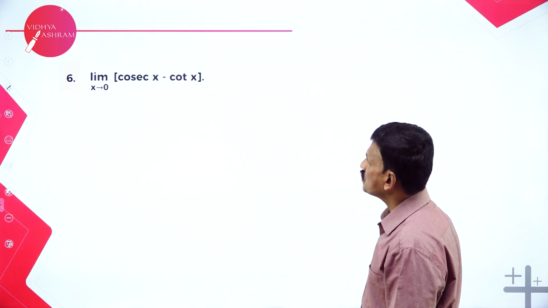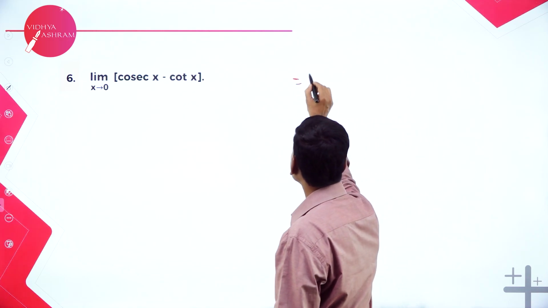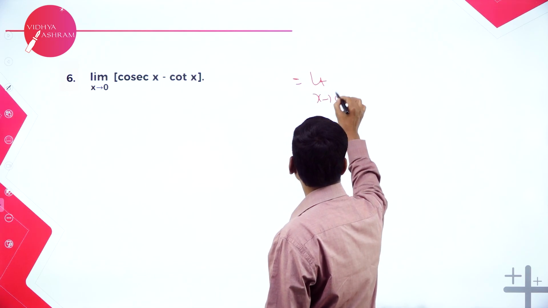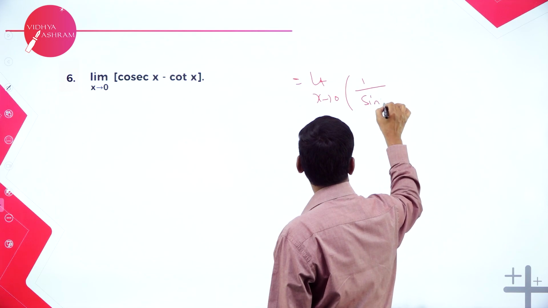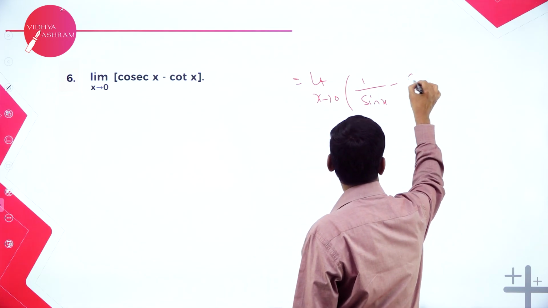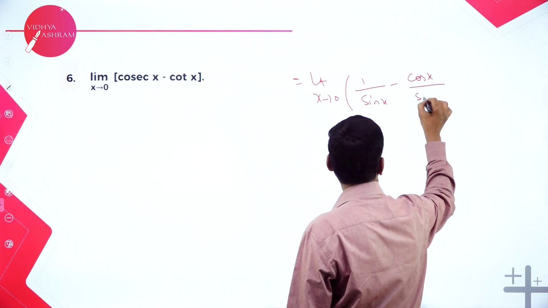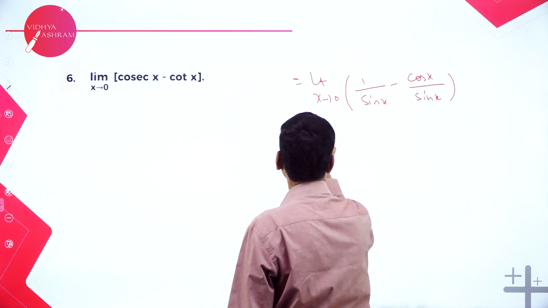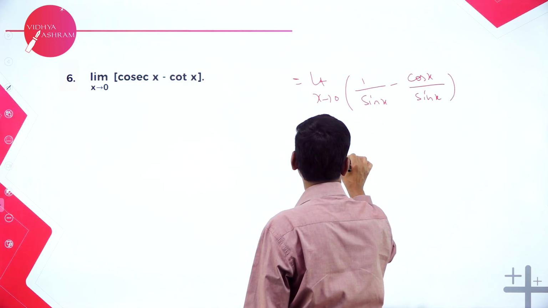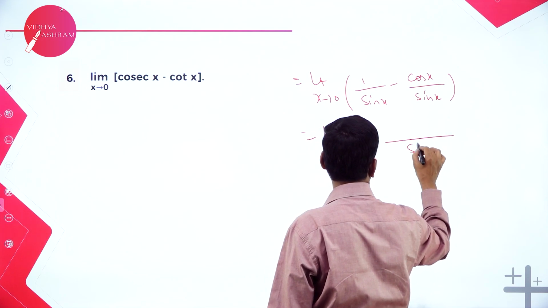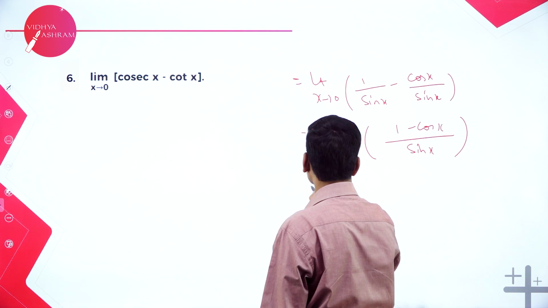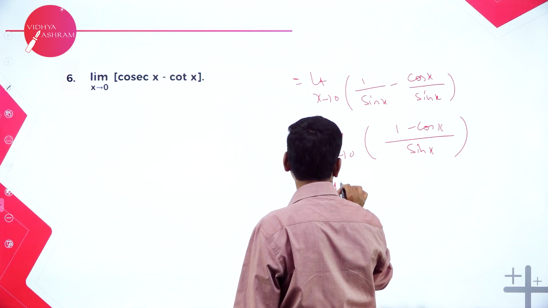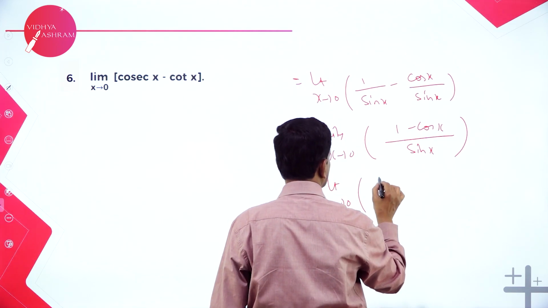Limit x tends to 0 of cosecant x minus cot x. So this can be written as limit x tends to 0. Cosecant x is 1 by sin x, minus cot x is nothing but cos x divided by sin x. Take LCM. So limit x tends to 0, sin x is the LCM. Sin gets cancelled. In the numerator we will get 1 minus cos x. So again this is nothing but the same, rationalize the numerator. Multiply and divide by,